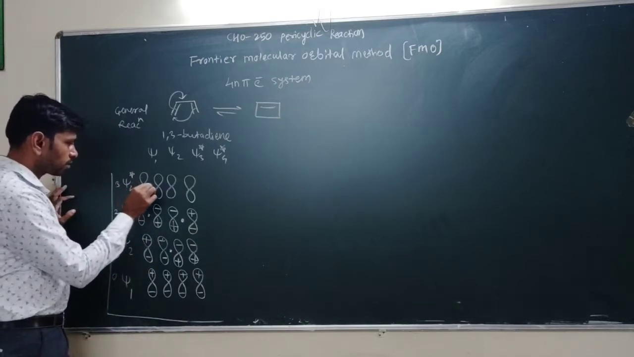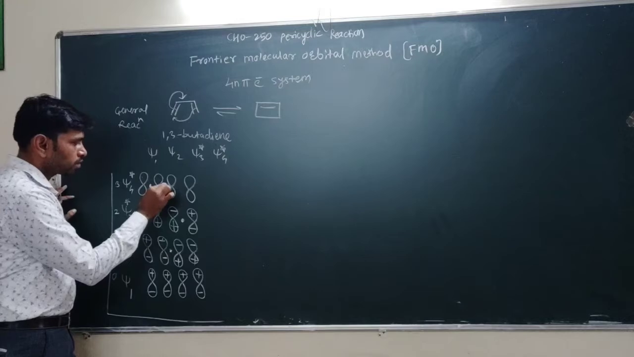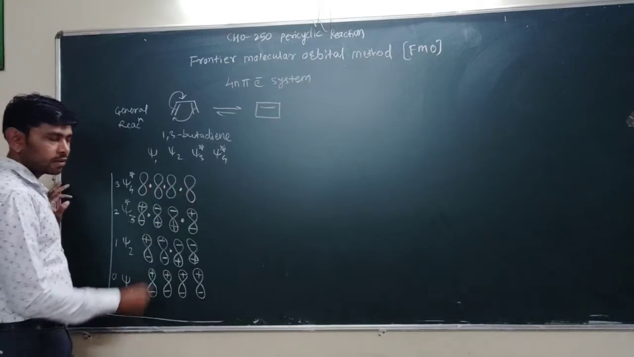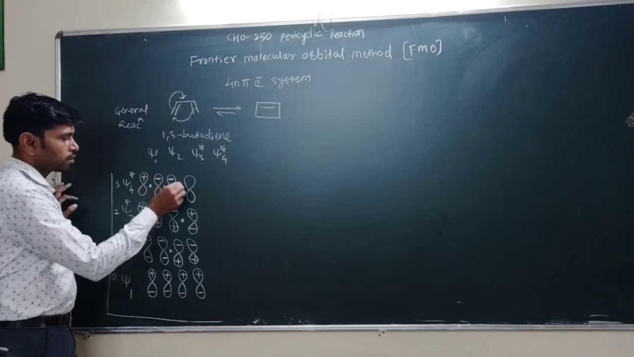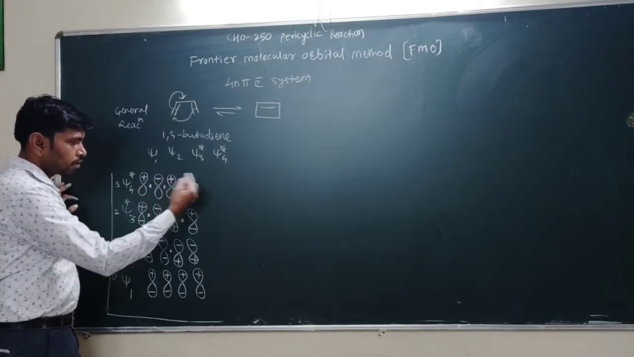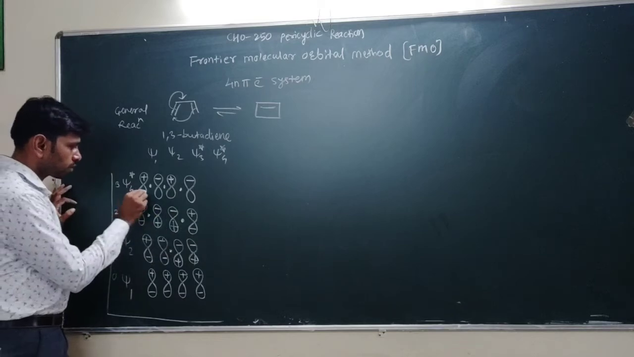Next, 3 nodes: 1, 2, 3, plus symmetrically. Node, plus, after the node it becomes minus, node, plus, and then again after the node minus. So minus, after node